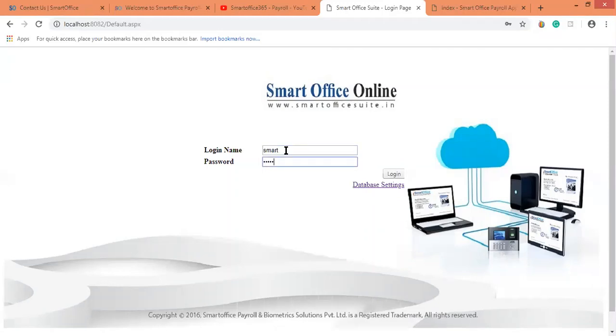Right now I'll be explaining all this shift management in Smart Office Online, that is the web application. This is locally hosted on our server, I'm using localhost, and my port number is 8082. This is a web application. I'm just logging into it.